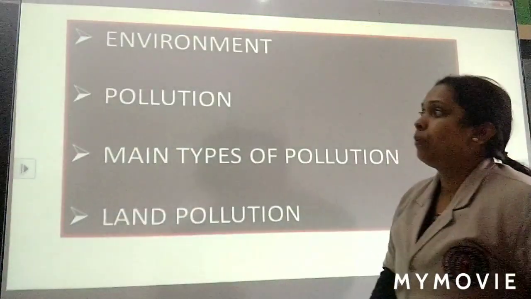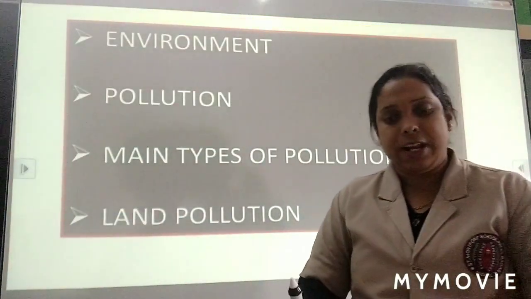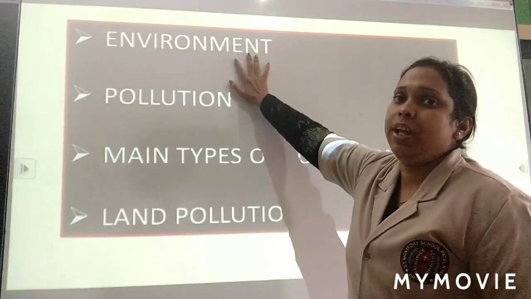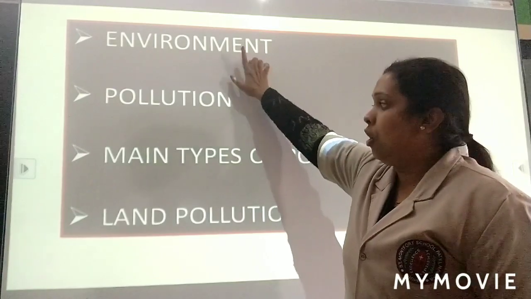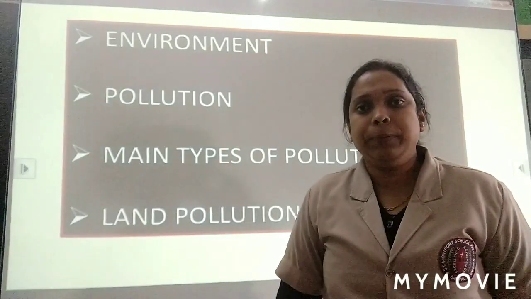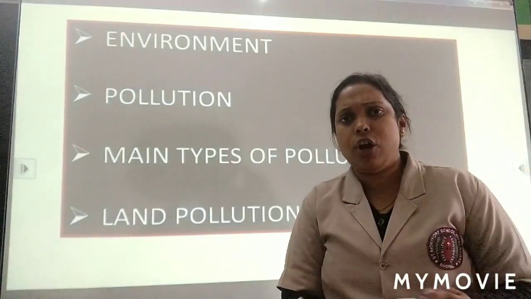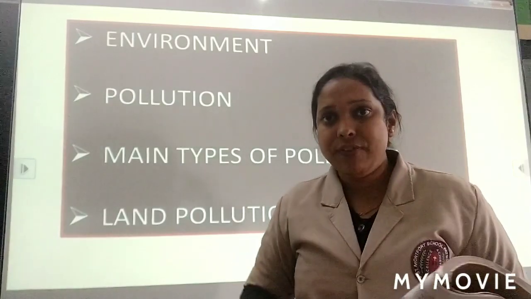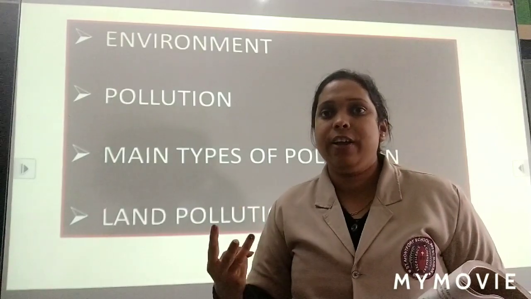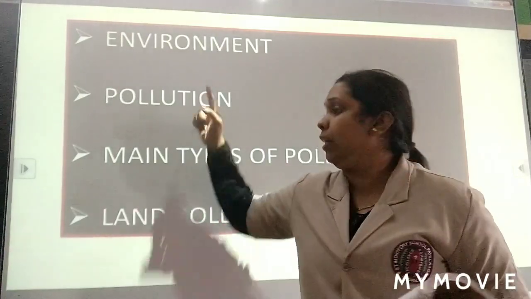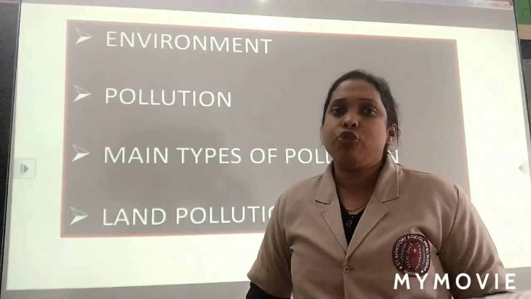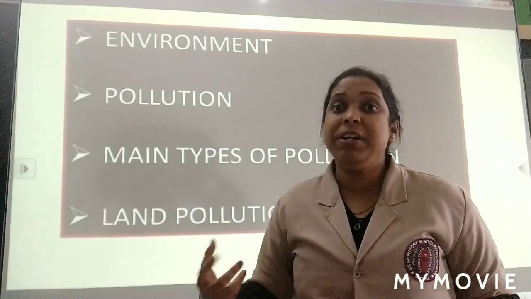Okay. So, let's revise what we have studied today. Till here only we will study today. What is environment? That is the first term we have studied today. Environment. Learn it. All the spellings you have to learn. What is environment? Recall fast. The place where we live and its surroundings. What is the meaning of surroundings? Land, water, air, animals, people, all the things come in the environment. Next, second is pollution. What is pollution? Pollution is anything that makes the environment dirty.